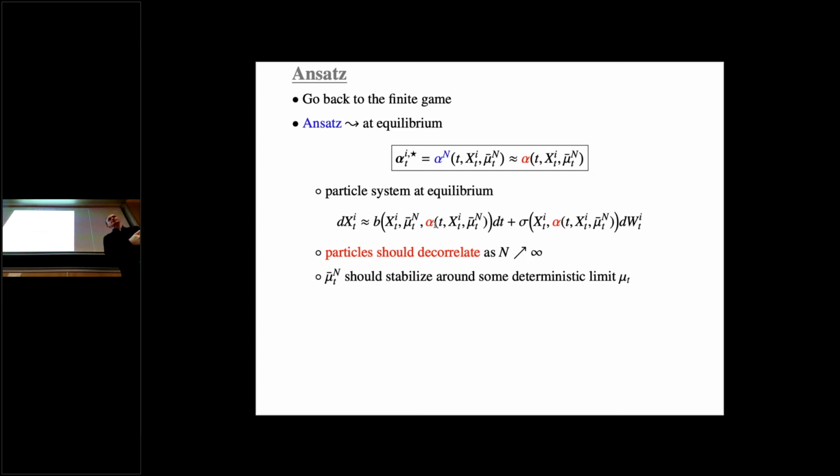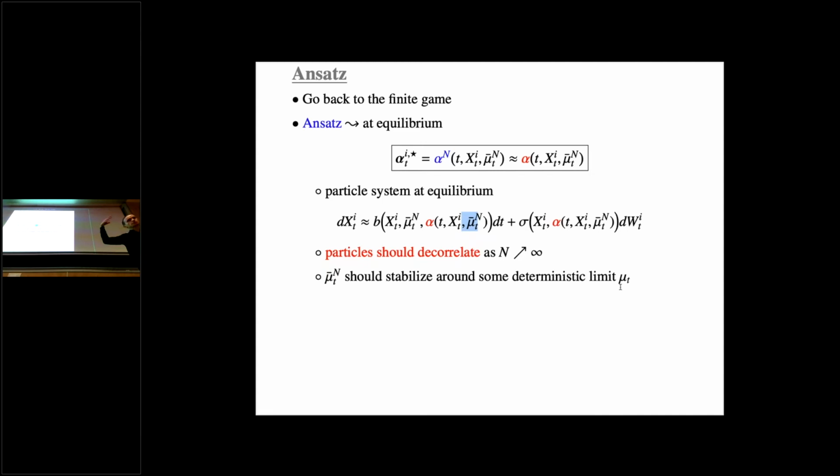So certainly it means that the empirical measures are going to stabilize around the theoretical measures. So it means that certainly this mu bar n that you have here is going to converge to some mu t, which is deterministic. There is no common noise in my story at this level. This would be more difficult with a common noise. So this is my claim.